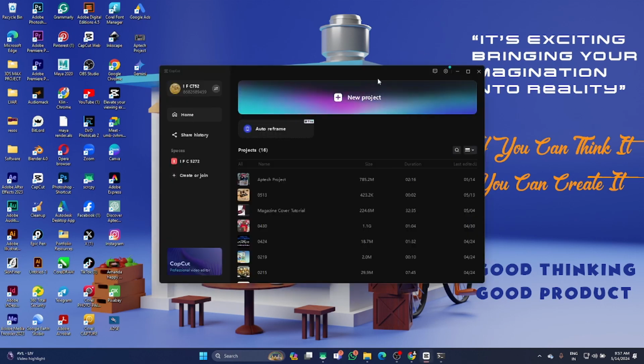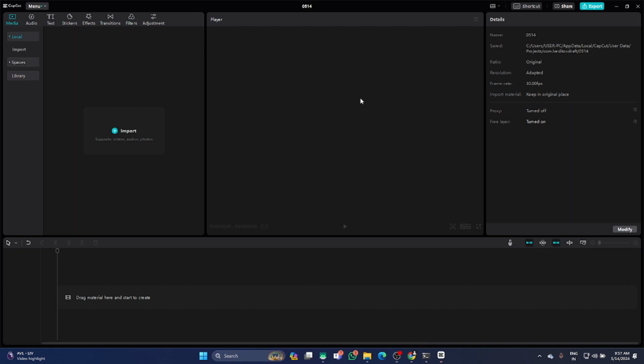The first time you launch CapCut, this is the screen it is going to show you. Yours might not have these recent projects here. Your own might be blank, but it's not a problem because you're about to change that now. What you just need to do is click on new project, and it will lead you to this screen. For those who have never used CapCut, or who have not used any editing application, I think it will look a little bit intimidating, but for those who have worked with any video editing software, I think it's pretty easy to understand